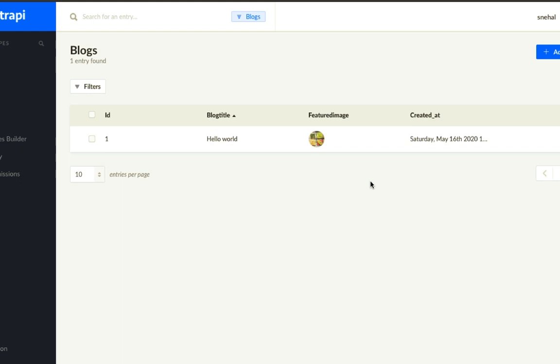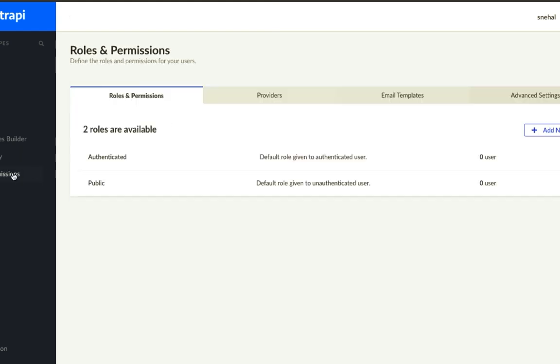So now we have successfully created our blogs and category collections, and by default we cannot access any of them, and if we try to access it we will get a 403 forbidden error. So we need to change permissions on our routes to access them, and to do that let's navigate to roles and permissions here, and you can see we have two default roles available here: authenticated and public. We can also create another role here, but for our project these two roles are sufficient. So let's go inside public,